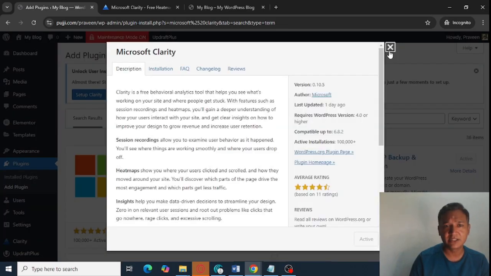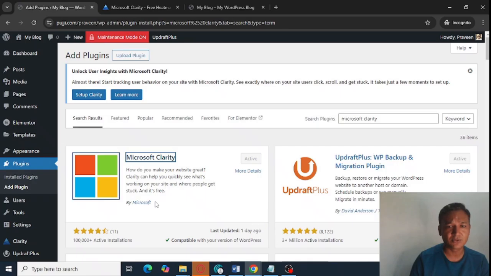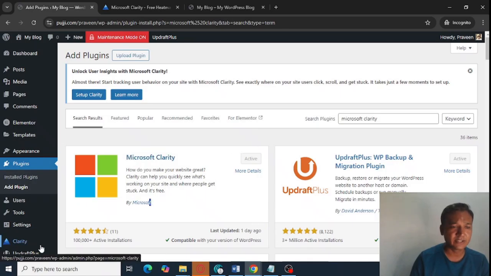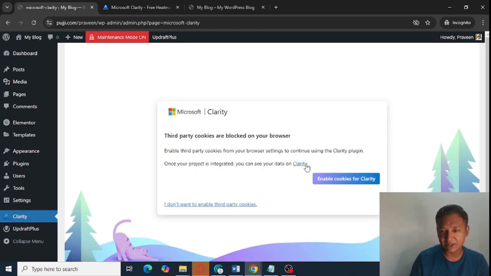I have already installed it, so it's from Microsoft only. After activating it, you can see Clarity is showing here. Just tap on this option. So here, after that, you need to click on this Clarity link, and this will open up this page for you,